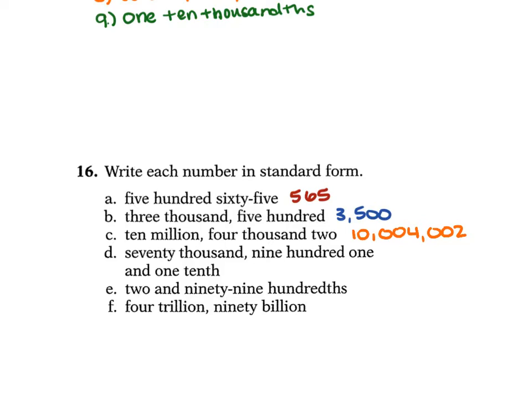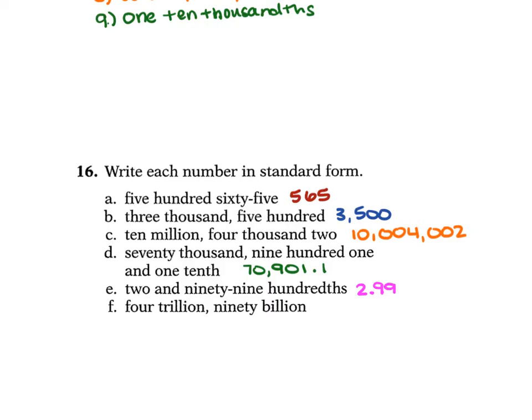70,901 and 1/10. So 70,000 would be 70,000. 901, so that would just be 901 and 1/10, so 0.1. For E, we have 2 and 99 hundredths. So 2, period, 99 hundredths. Make sure that second 9 is in the hundredths place. It is, so 2.99. And then for F, we have